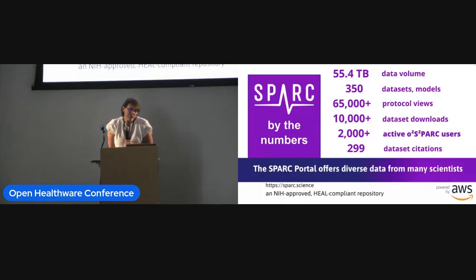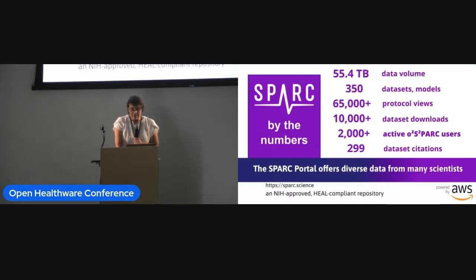There are over 350 data sets, and every data set comes with an experimental protocol that takes you step by step, just like a recipe. So it's not a methods section in a paper. It is truly the protocol, so that you can understand exactly how that data was created.